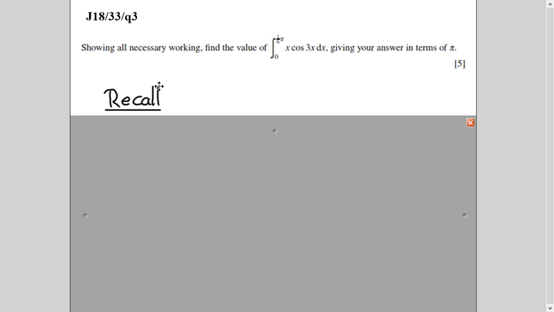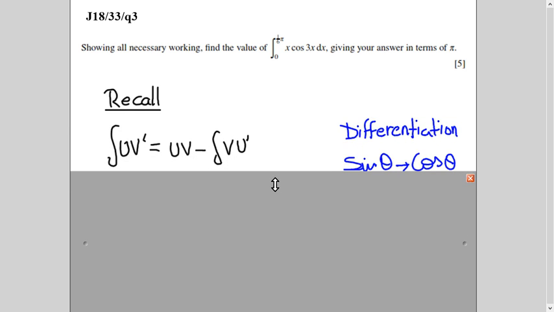Now, you have to recall a formula to do this. The formula is integration of u v prime. Now you see two functions are multiplying. We are calling one function u, another function v prime. Basically, it simply means one function with the first derivative and one function just as it is. Now, which function will be taken as u and which one will be taken as v prime?